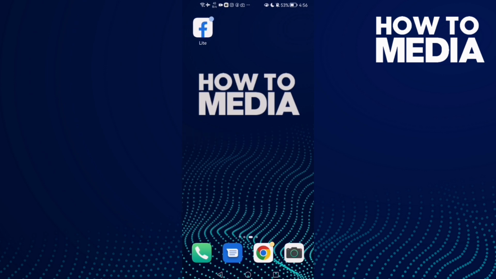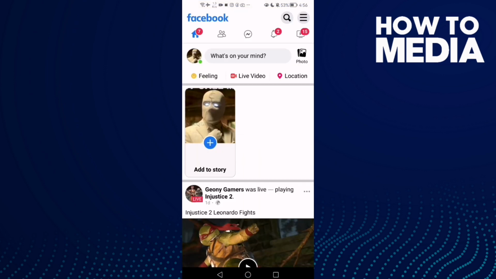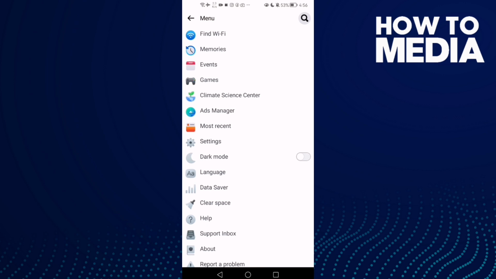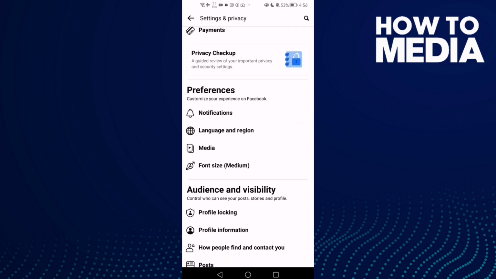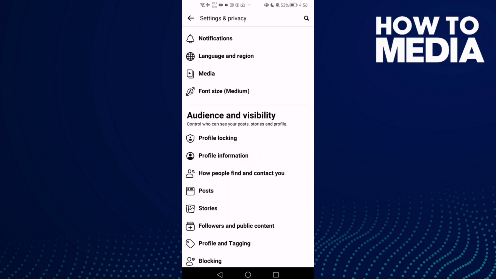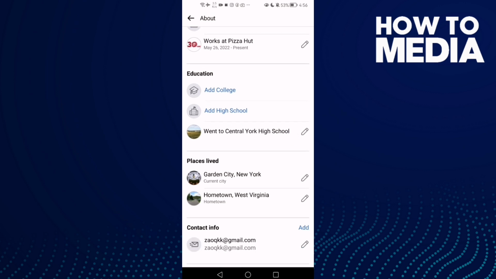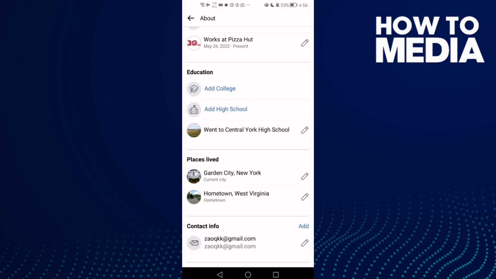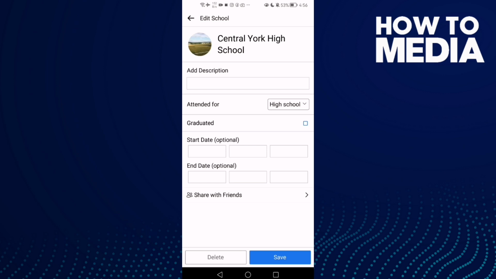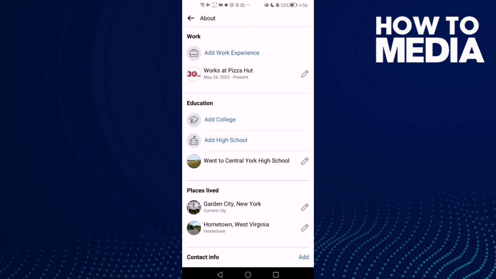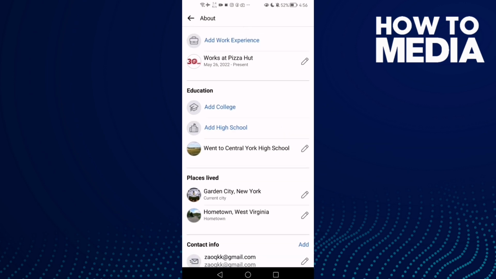First thing, go to Facebook Lite and here just click these three lines in the top corner and go down until you find settings and then click profile information. And now just click on your high school and here you can manage anything you want and you can delete it if you want here, and you can add another high school if you want,